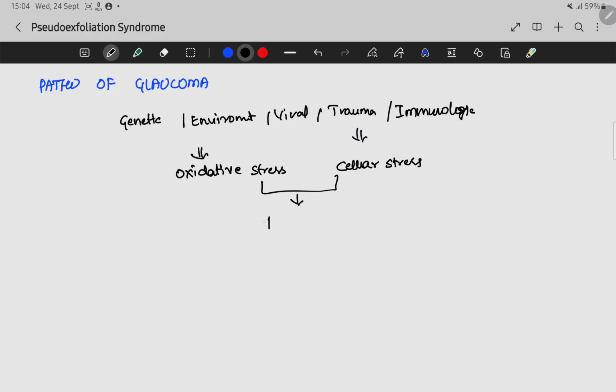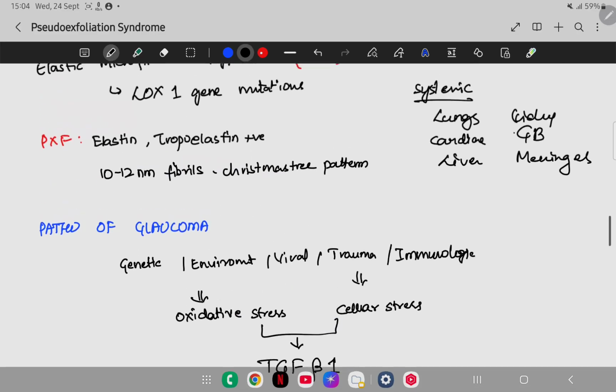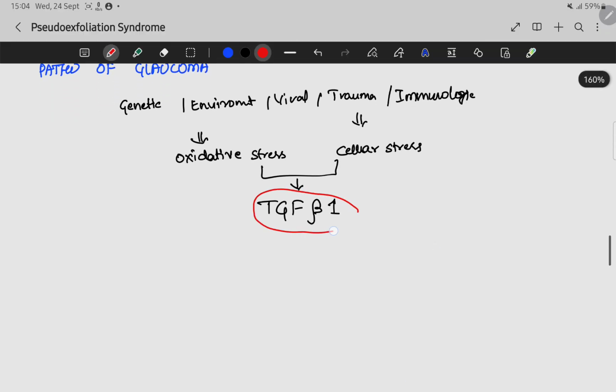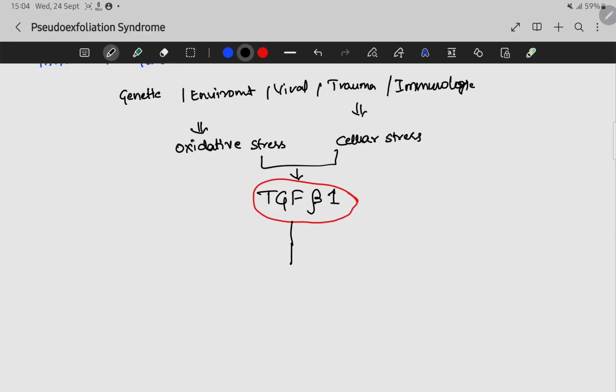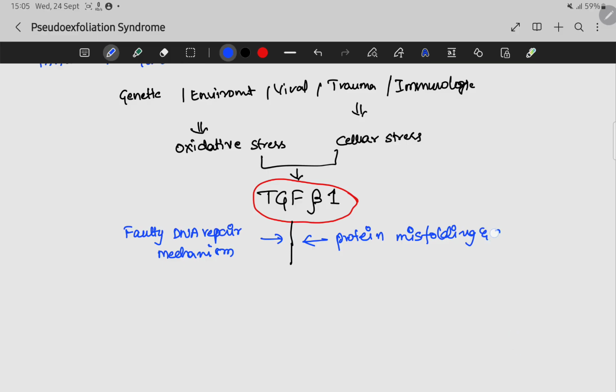So this will activate TGF beta 1. Upon activation, we should also have a faulty DNA repair mechanism along with protein misfolding and aggregation, leading to increased elastic component production